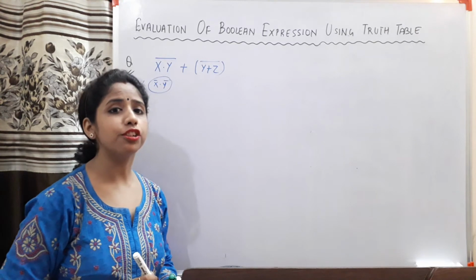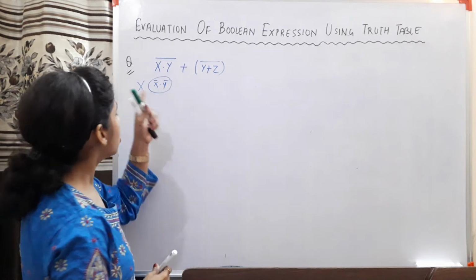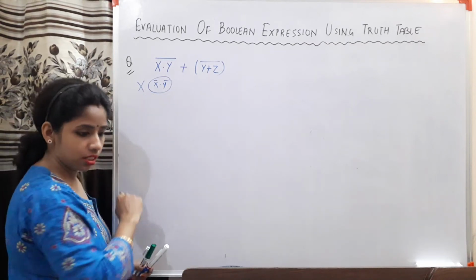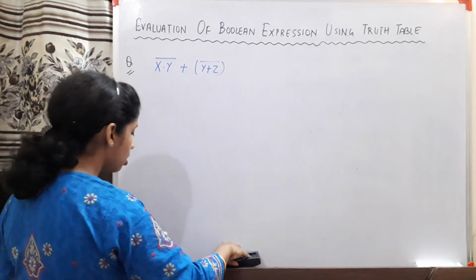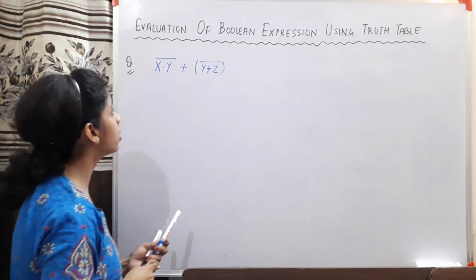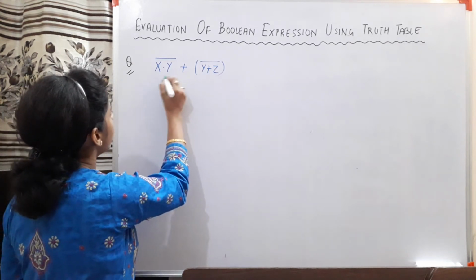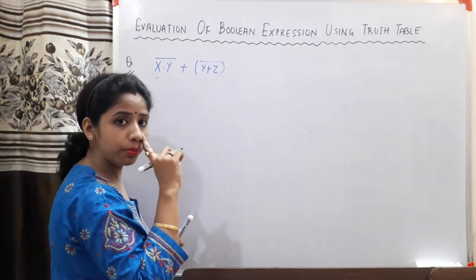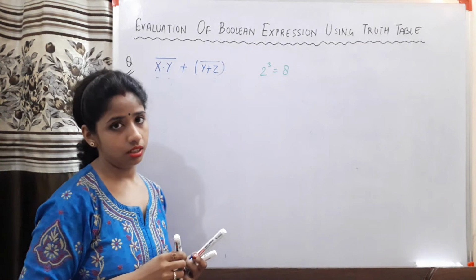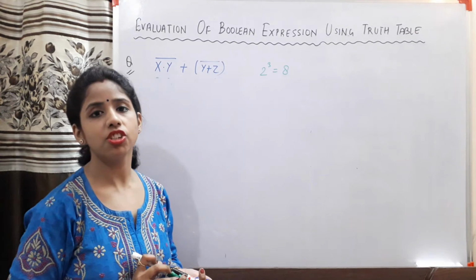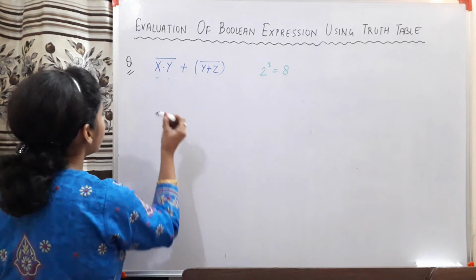This will become clear to you when you will study De Morgan's theorem. Okay, so remember that you don't make this mistake. So let us now solve this one and see how it is solved. So here you can see that in the question there are three different variables, that is x, y and z. So we will be having 2 raised to power 3, that is 8 combinations in the inputs, right? So let us see how to solve it.